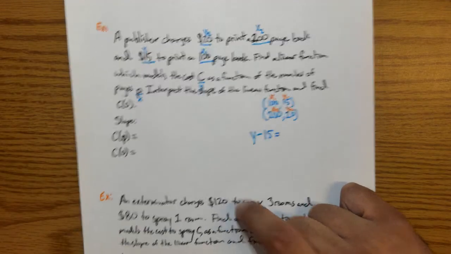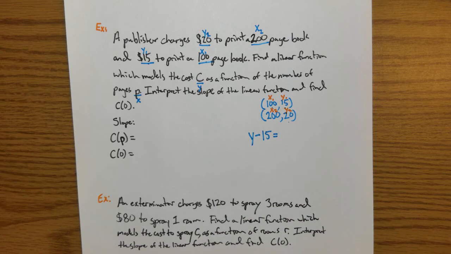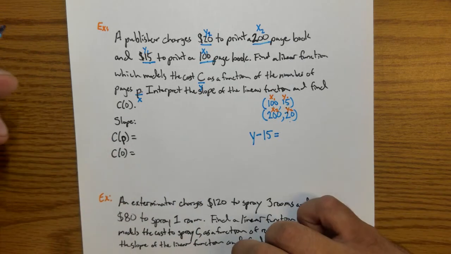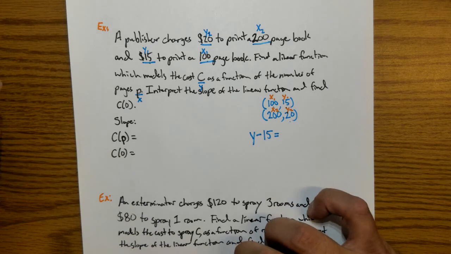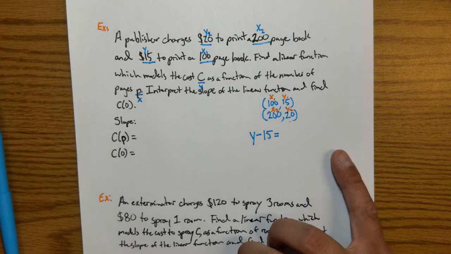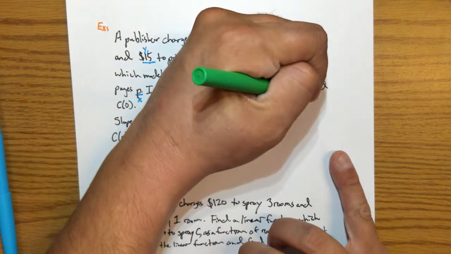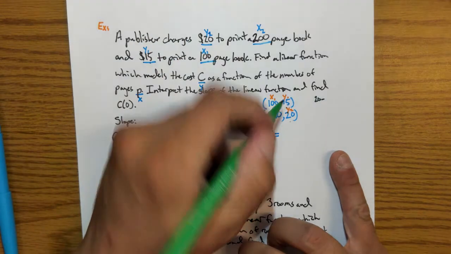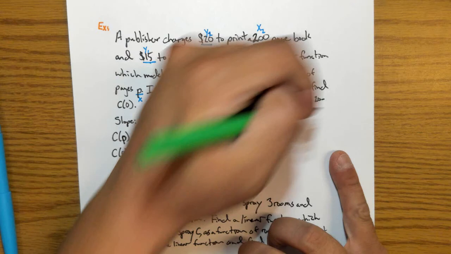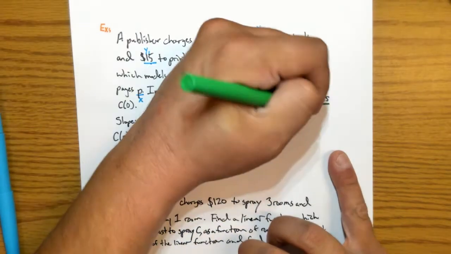Now, remember, we need to find our m just like when we did last lesson, right? That's y2 minus y1 over x2 minus x1. So let's go ahead and do that real quick off to the side. My y2 is 20, minus y1 is 15, over 200 minus 100,